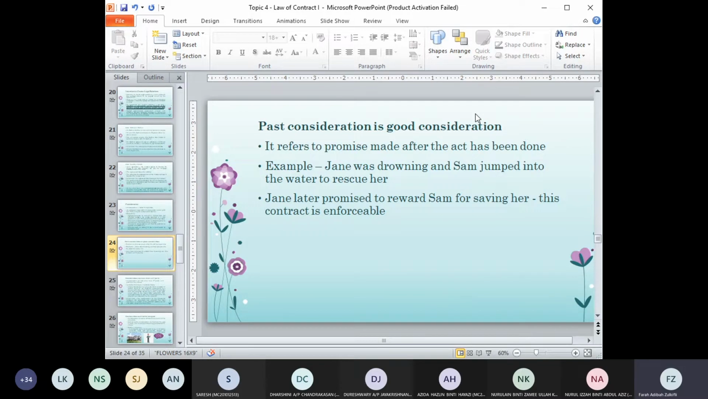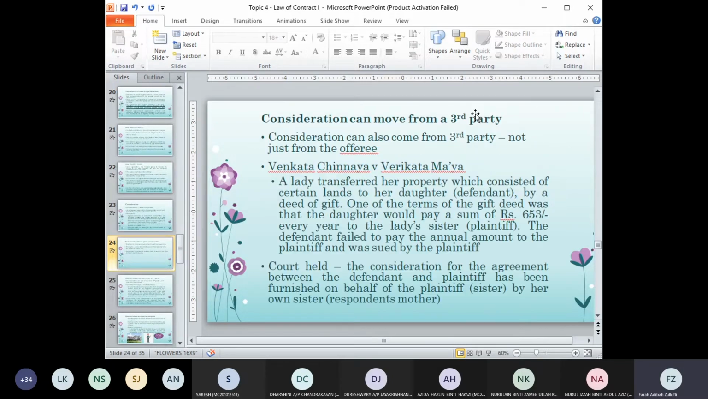After that, then you promise to give him money. That is still a good consideration. And it can also move from a third party. Even though the agreement is between A and B, it doesn't matter if the consideration comes from C. So the consideration does not have to come from the offeree or the offeror. For example, in this case of Venkata Chinaya versus Venkata Maya,